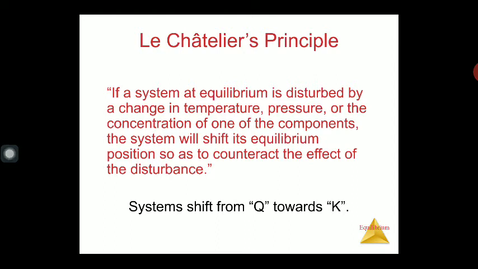What am I saying there? Suppose a reversible reaction has achieved the condition of equilibrium. The reaction always tries to maintain the equilibrium. But if you change the concentration, the pressure, or the temperature, the equilibrium tries to undo these changes. If you want to explain this law, you can take very simple examples.